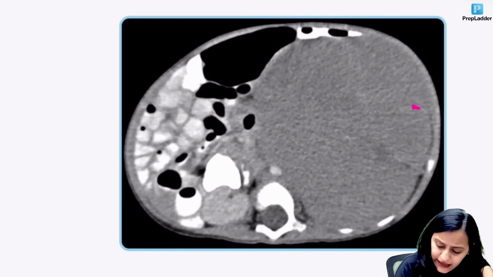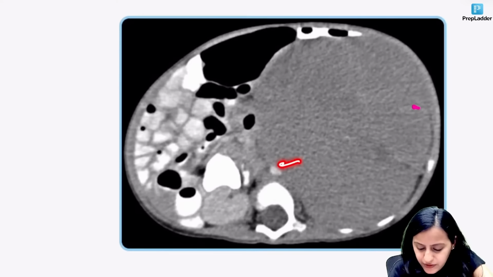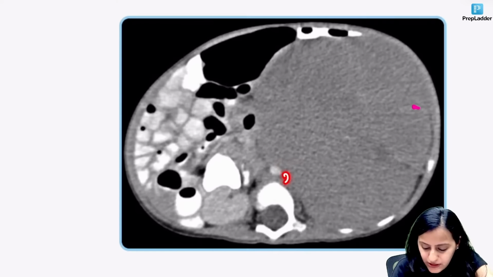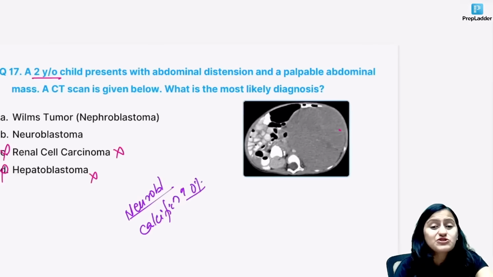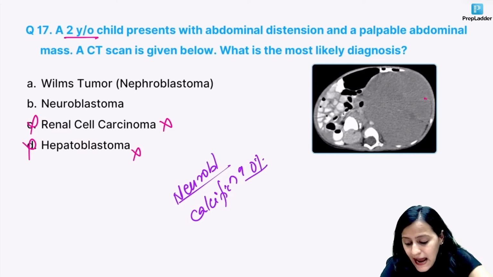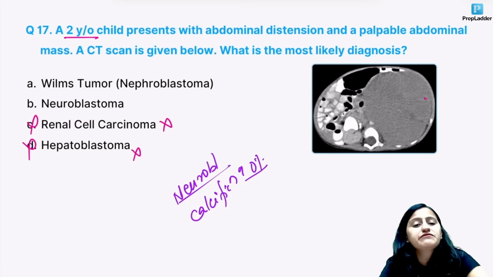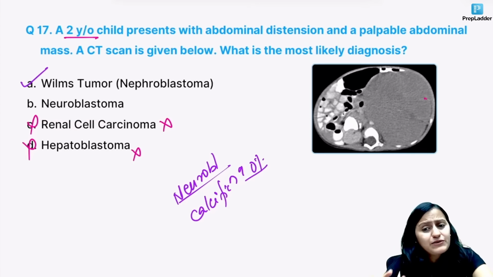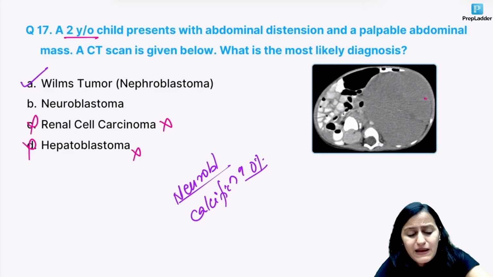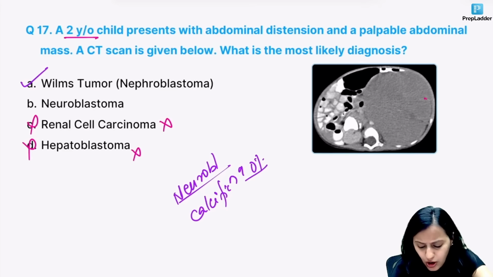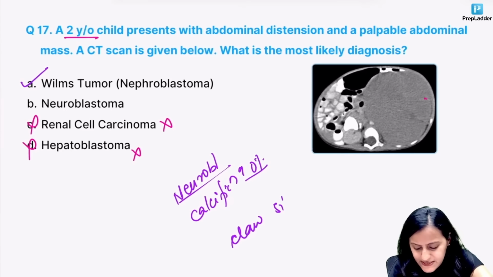Second, look at the aorta, right? How the aorta has come in the midline. Aorta should have been to the left of the vertebra. The aorta is displaced. So displacement of the vessel, absence of the calcification, right? Features more in favor of Wilms tumor rather than neuroblastoma. Now tell me that out of Wilms and neuroblastoma, in which one do you see the claw sign? And what is that claw sign?